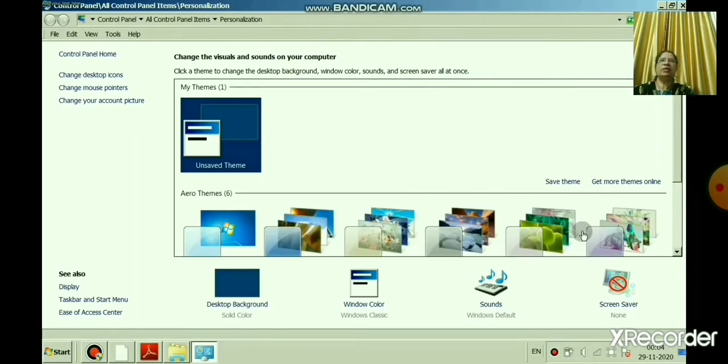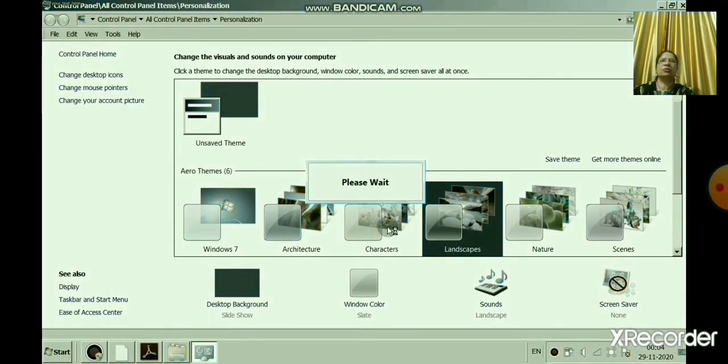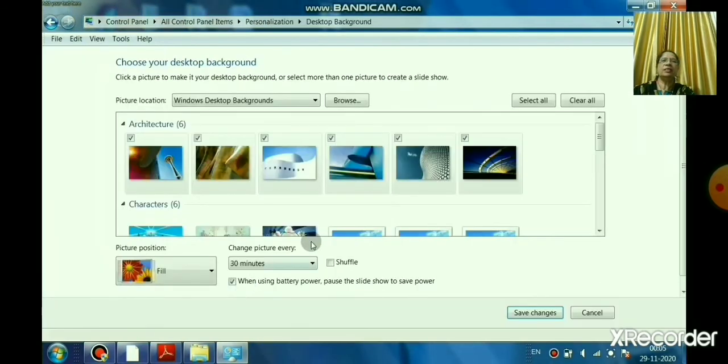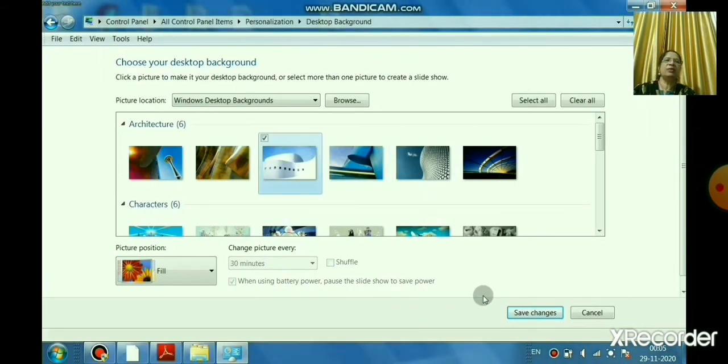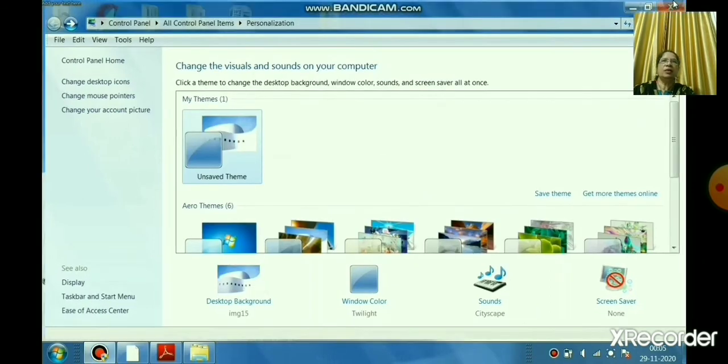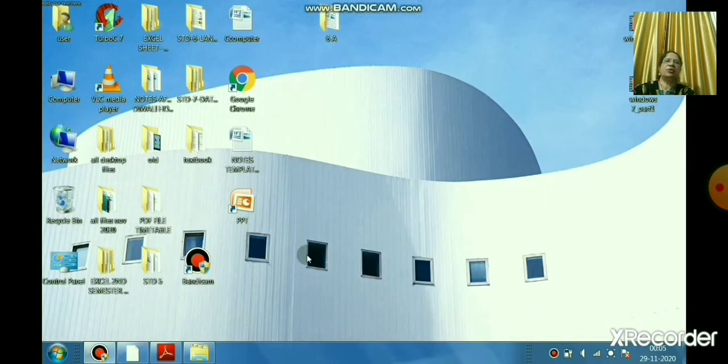Can you see here the Window Color option located at the bottom of the dialog box? So you can select any color or any background from your computer and change the desktop background and click on save changes. This way you can customize the desktop.